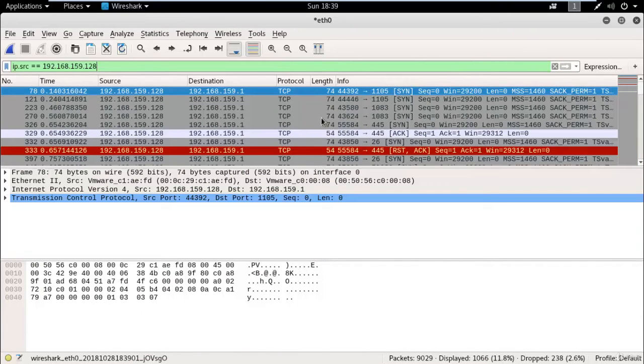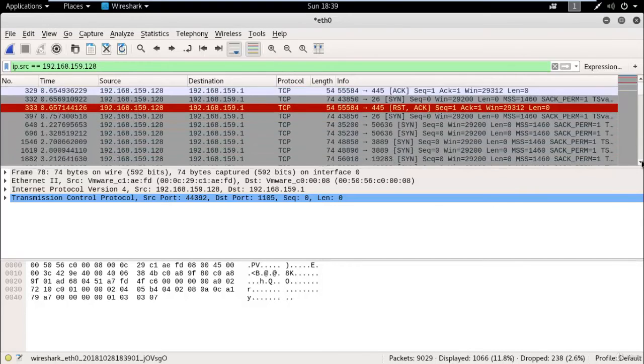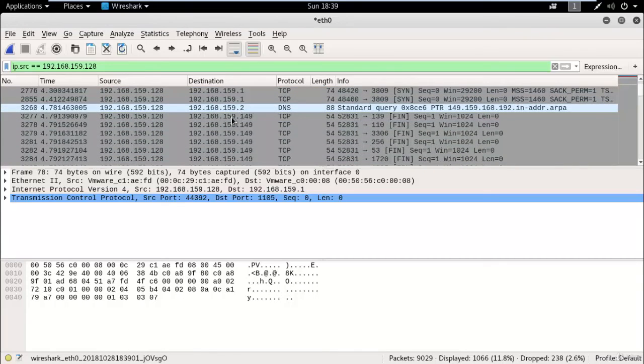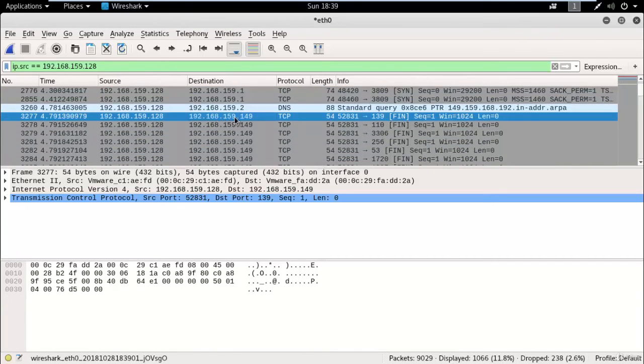It is our Kali Linux operating system, and here you can see the IP address of the target, .149. It's the Metasploitable IP address, and here you can see .128 had sent a FIN packet to the target device.